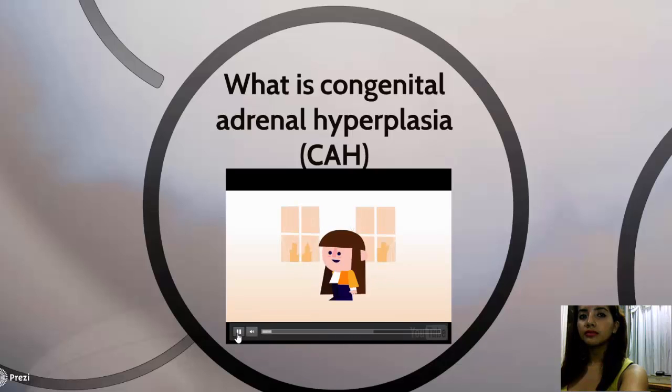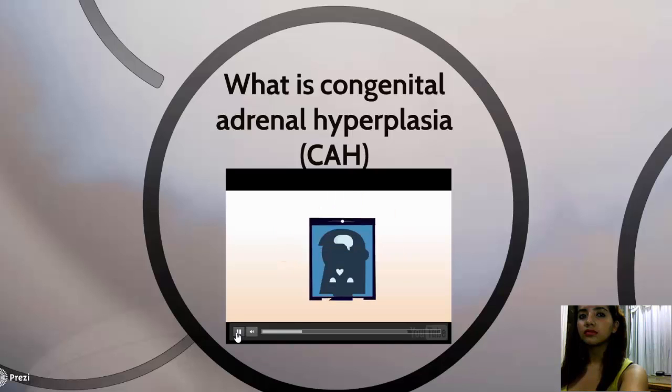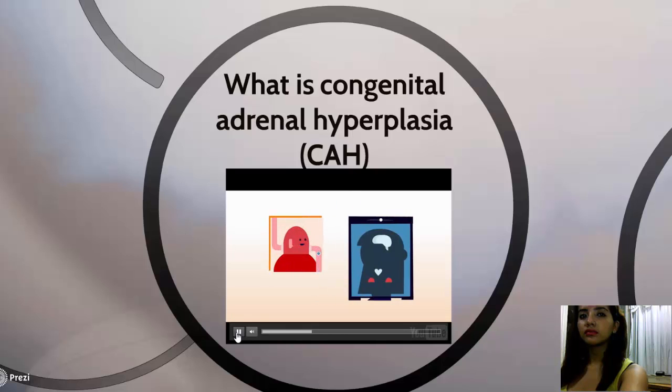Alright, so you're wearing a pretty necklace, and you take a little pill 3 times a day. But why do you actually do that? You have to do this because your adrenal glands are sick. Your adrenal glands are inside your body. Look, there they are. Usually, they make very important things for your body that give you energy. But because your adrenal glands are sick, you don't make any of those important things anymore. That's why we put those important things into a little pill, so you get all the energy you need to